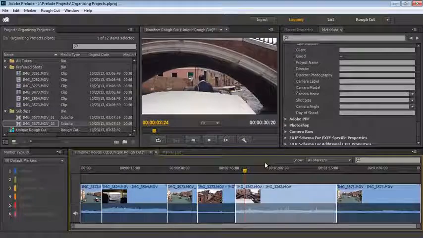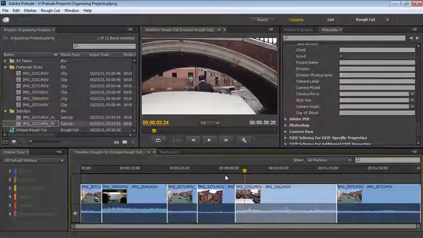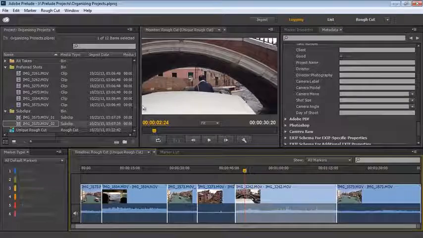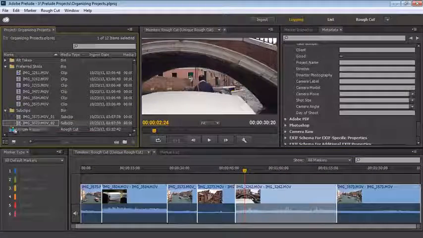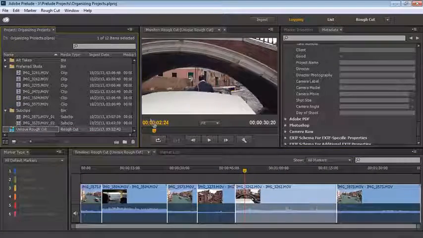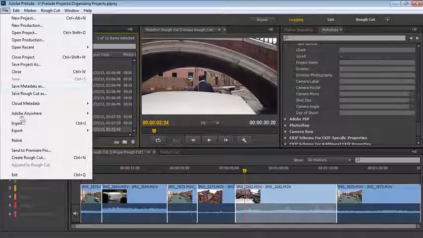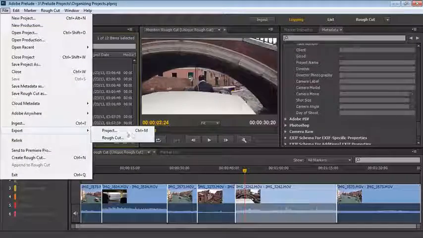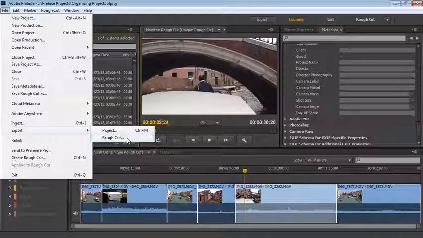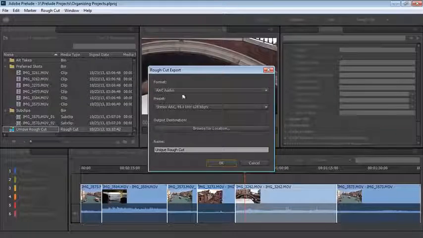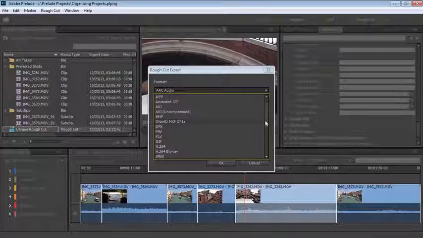So I'm just going to save this. I'm pressing Control or Command S. And if you look over in the project panel, if I select this rough cut, I can now go to File and choose Export, and I can choose to export the project or the rough cut. Now, if I choose to export the rough cut, I'm going to get all of my Adobe Media Encoder presets.